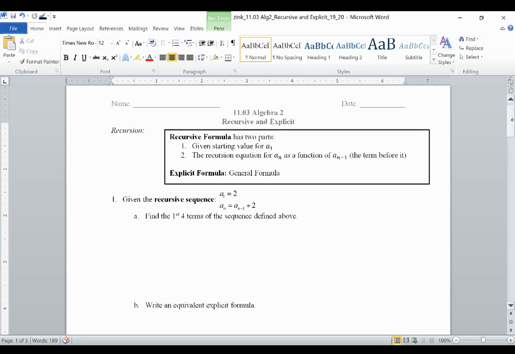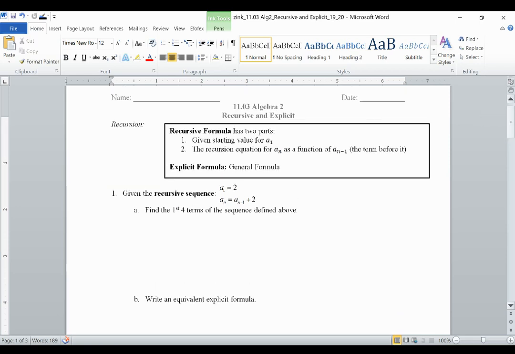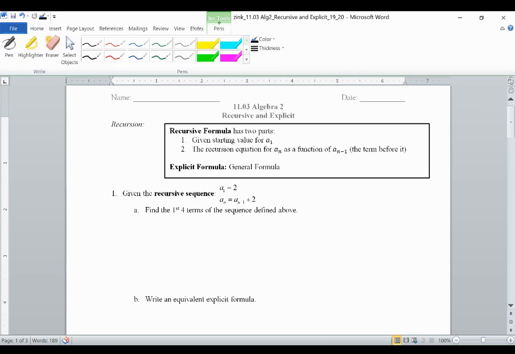All right, so for recursion, you have a recursive formula, which means it's a two-part formula. The first part is going to give you what your starting value is. So with our formulas, a sub 1, that's your first term. So it's going to give you whatever term you're starting at. The other thing it has to give you is a sub n as a function of a sub n minus 1. You also could see that as a sub n plus 1 and a sub n. So again, what all this means is if you have a sub n and then you have a sub n minus 1,